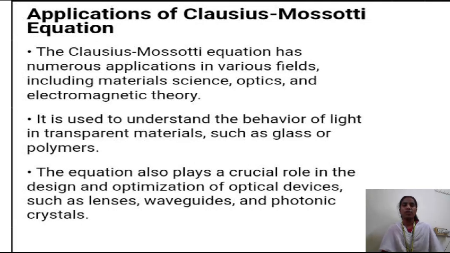Applications of the Clausius-Mossotti equation. The Clausius-Mossotti equation has numerous applications in various fields including materials science, optics, and electromagnetic theory. It is used to understand the behavior of light in transparent materials such as glass or polymers. The equation also plays a critical role in the design and optimization of optical devices such as lenses, waveguides, and photonic